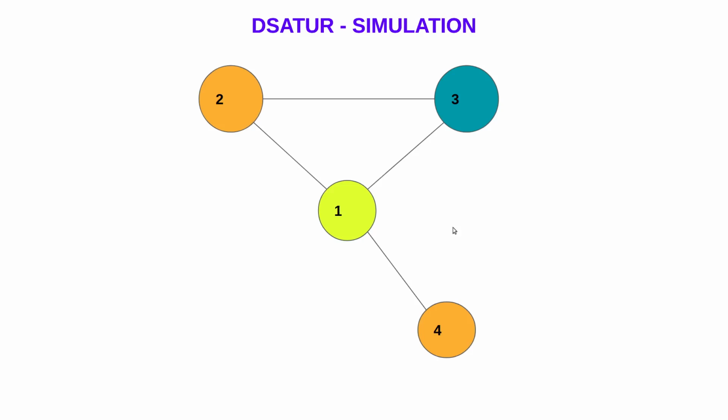So I have colored 3 with blue, and now we have one remaining vertex which has degree of saturation 1. So we color it with the first available color. According to our algorithm, first we had colored light green, then orange, then blue. So the first available color for 4 is orange, because there is a conflict with 1, right? So we have colored it orange. So this is all about the DSatur algorithm and a small simulation of it on a graph of 4 vertices. The next two algorithms, that is BSC and RLF, will be explained by my teammate Nikhil.